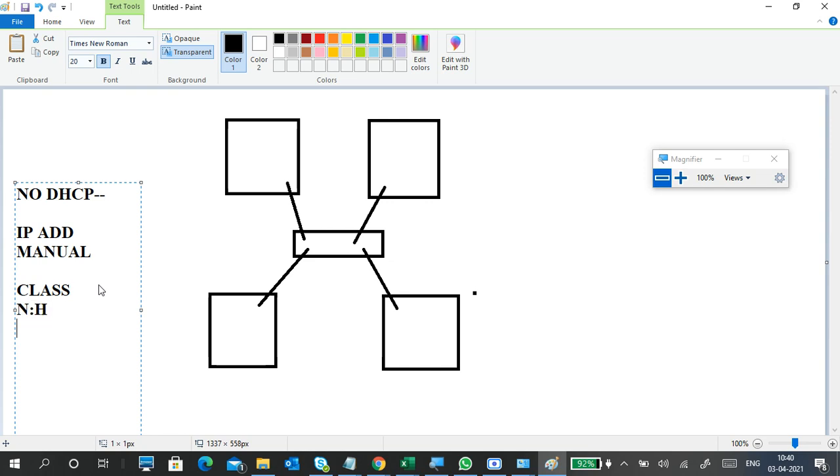For example, the first PC 10.0.0.1, second PC 10.0.0.2, 10.0.0.3, 10.0.0. We will go to that one later.